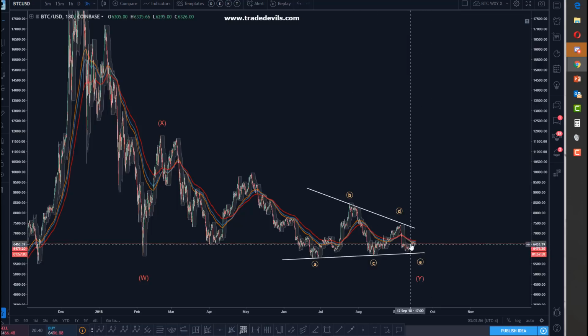Could it be an E in progress? A, B, C. Yes, it could. Why don't I like that? Well, a couple of reasons. Number one, I'm just not seeing the market internals in terms of volume and accumulation. We've talked about this many times, so I won't belabor you further, to suggest that the correction is about to end anytime soon, right? That's probably the number one point.